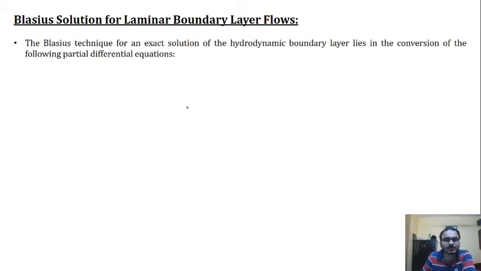This is a bit longer theory that will continue in our next lecture also. The Blasius technique for exact solution of the boundary layer lies in the conversion of the following partial differential equations, that is